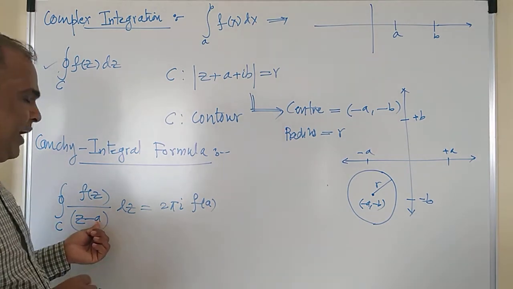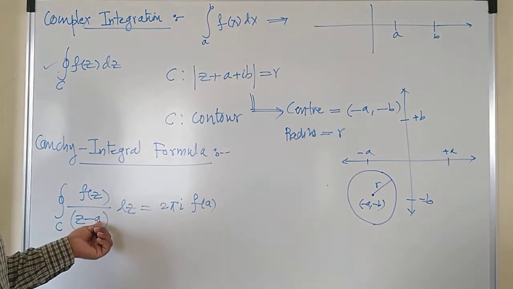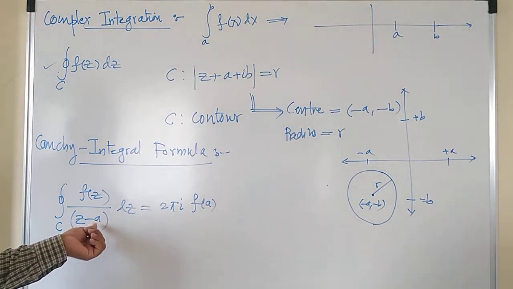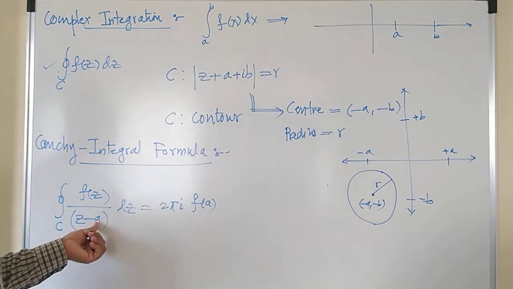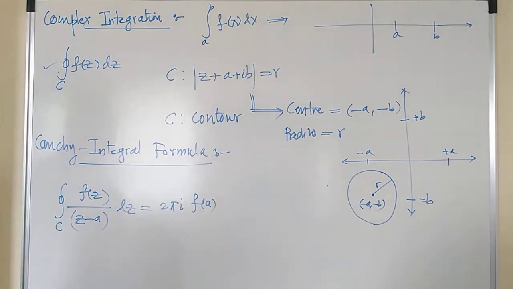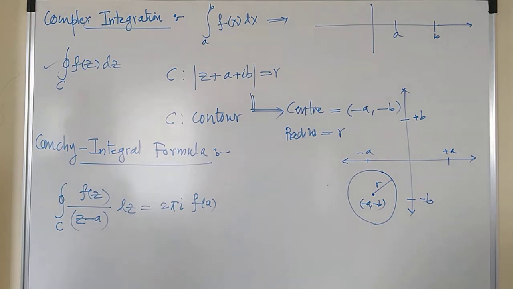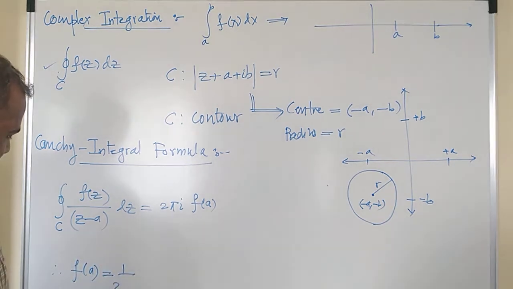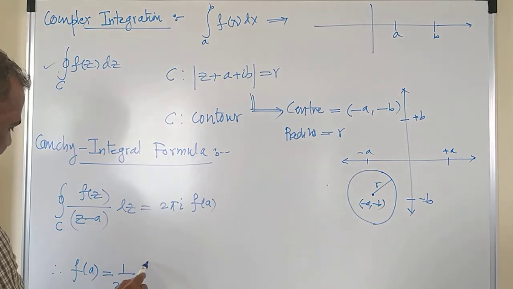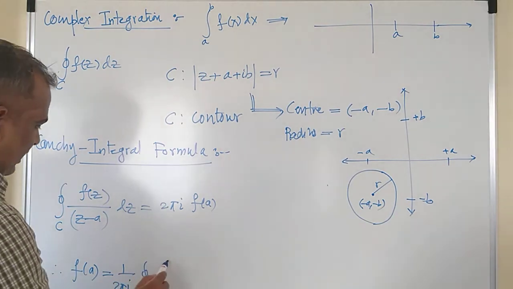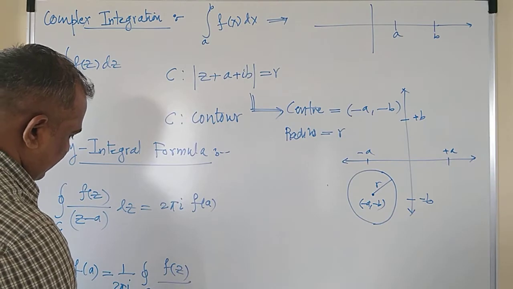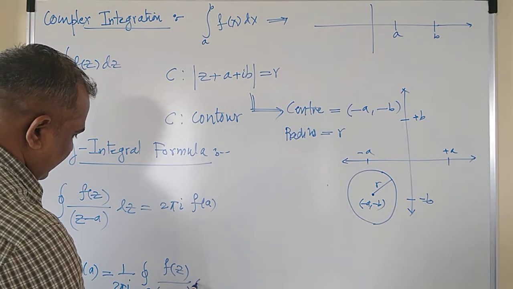Now what is a? A is a point where the given function is singular, right? And you need to calculate the pole of the points for this. How to calculate the pole of the points, that also I will explain in the example, right? Or the same kind of formula one can write for f of a, and therefore I can write f of a is equals to 1 upon 2 pi I into contour integral f of z upon z minus a dz.